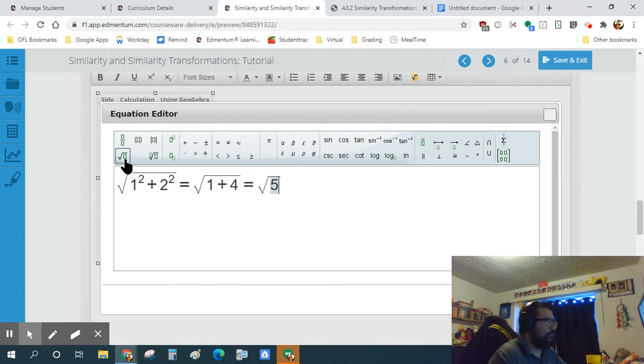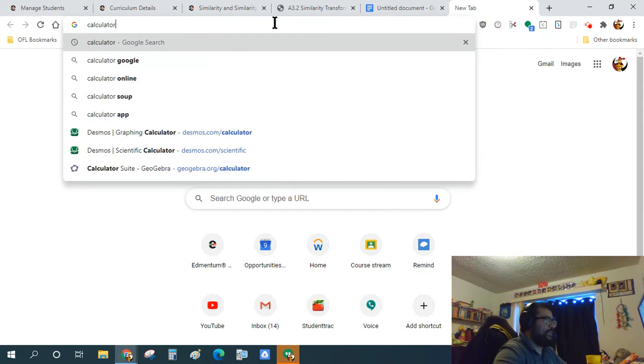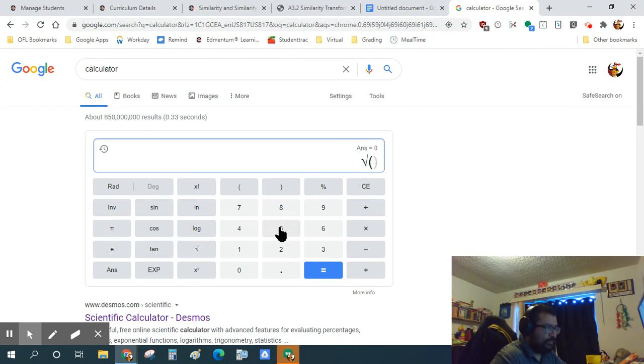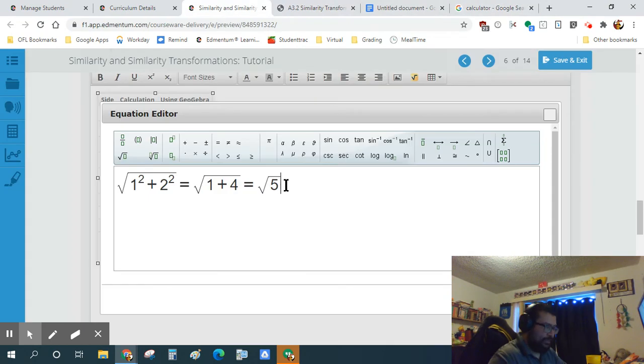All I'm doing is I'm leaving my mouse here, so it's easier. I just have to tap it to get the answer. And let me use a calculator. So I recommend you guys use the Google calculator. It's pretty good. It doesn't become a problem until you get to like algebra two, late algebra 2. Square root of 2. So I get 1.41. So my answer for this one would be 1.41. Or if I want to be a little more detailed,